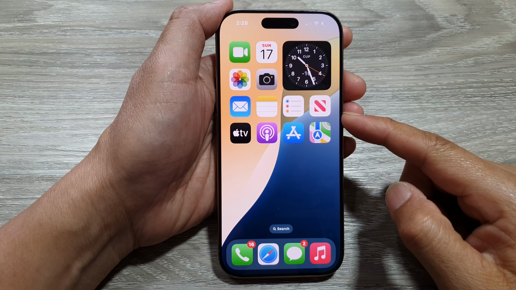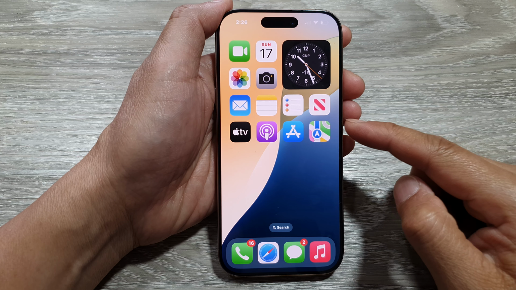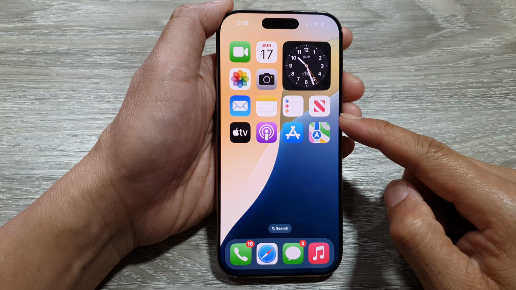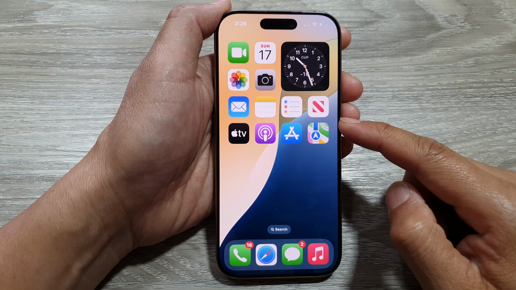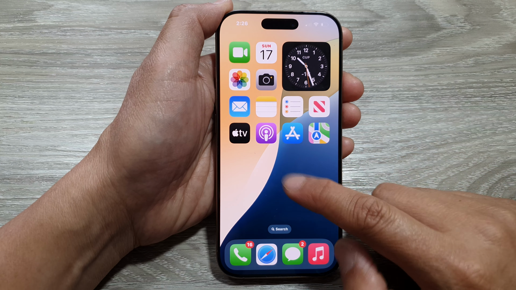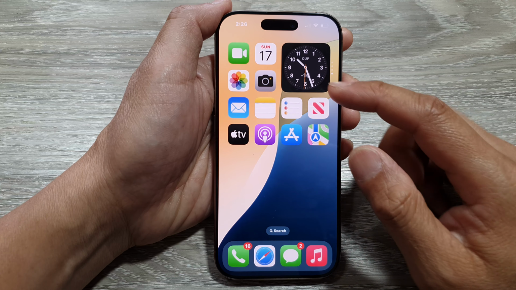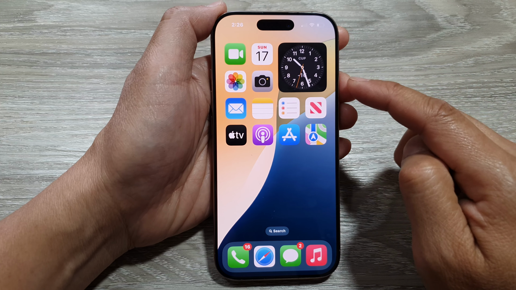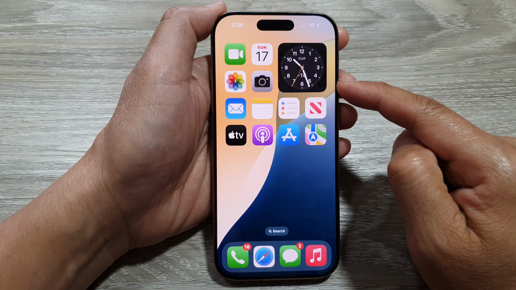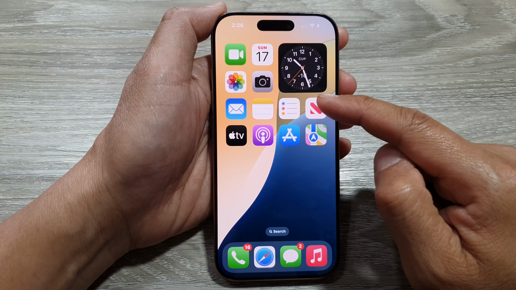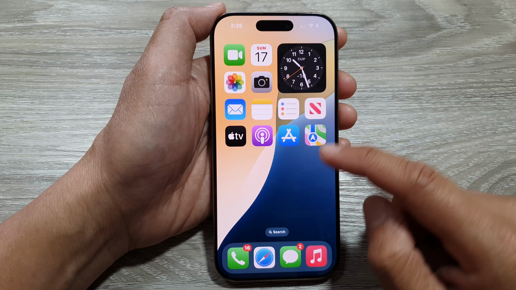How to customize the app's icons on the home screen for a smaller or larger size on the iPhone 16 series. Now, at the moment, the icons on my home screen are larger. So if you want to customize it so that it can be smaller or larger, what you want to do